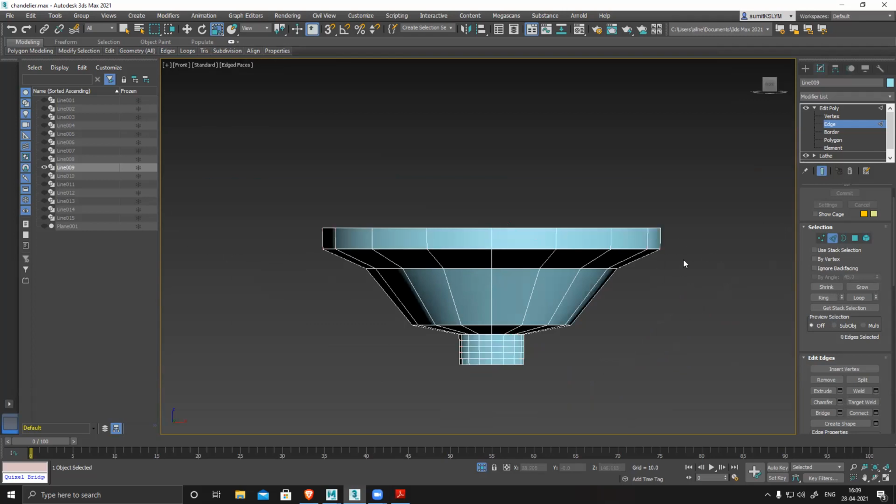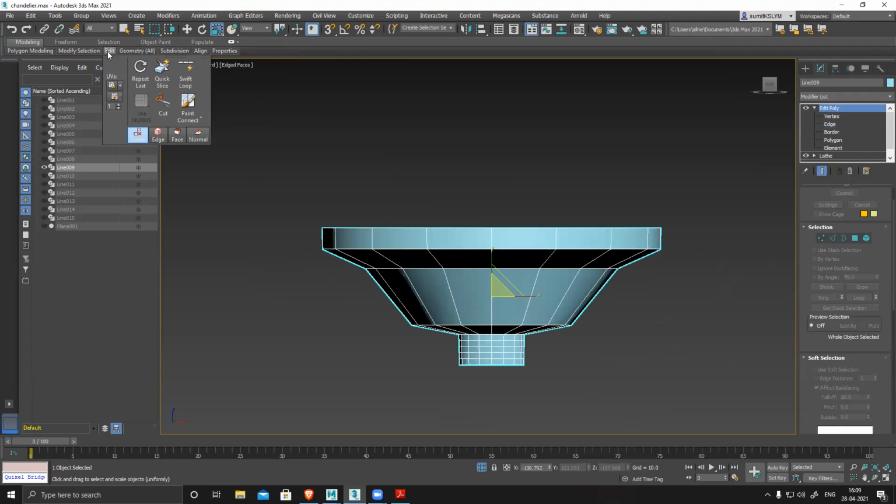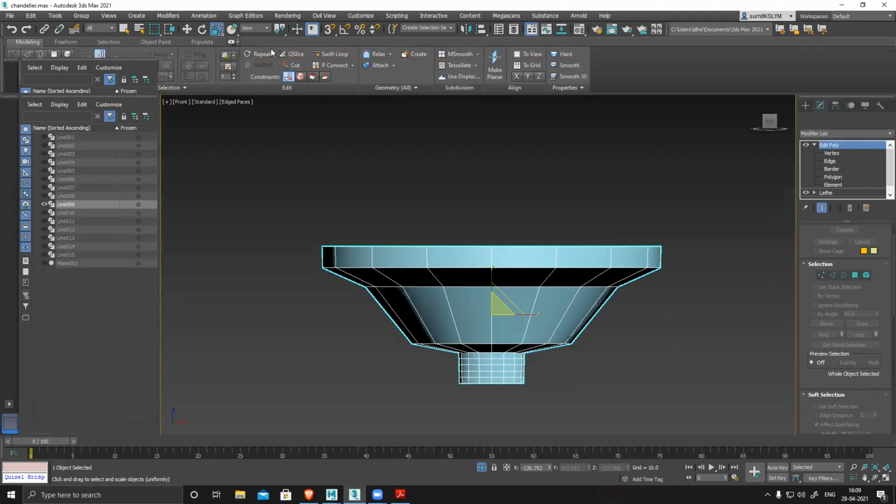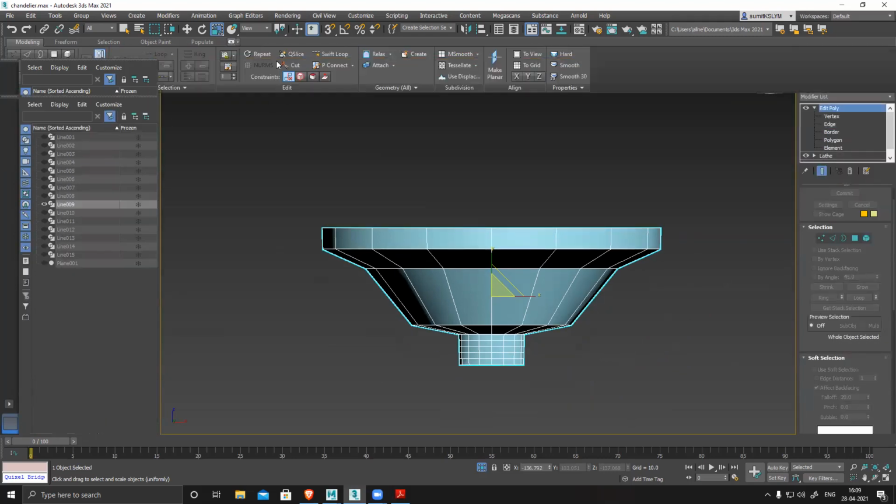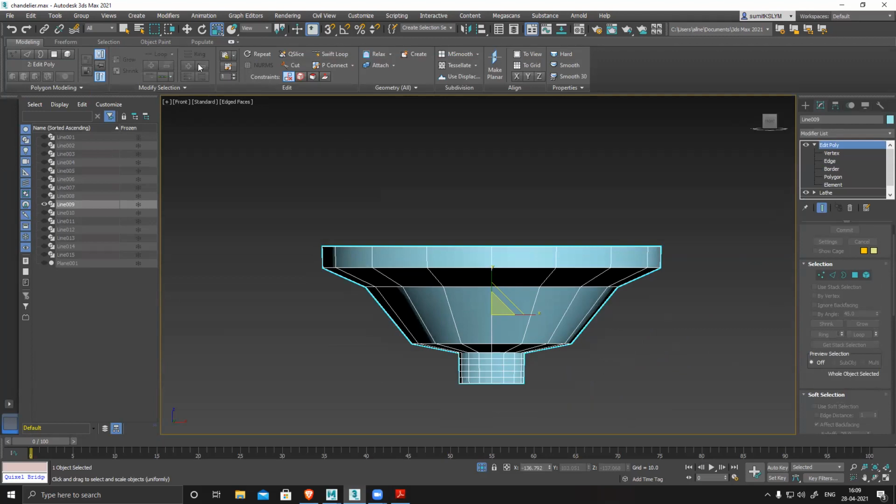For that, no need to select anything. You can be in edge mode, border, polygon, any mode. Go to edit. There's something called Swift loop under modeling, in this ribbon. Open it. Under modeling, you can see there's an option called Swift loop. Click on this and then add loops wherever you want.